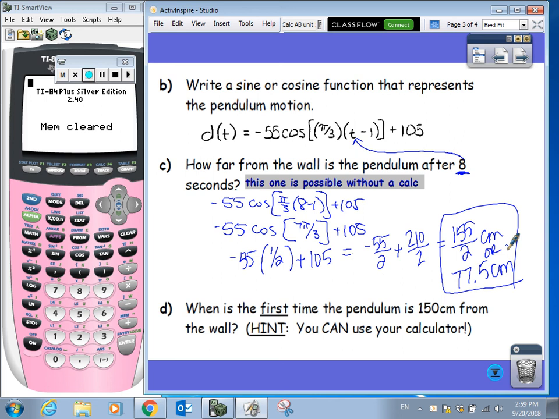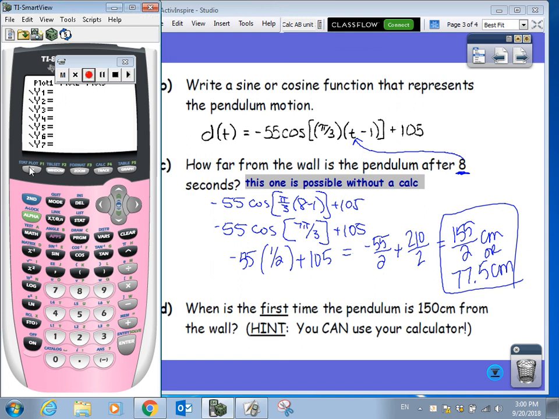All right, so first, we clear your calculator. It needs to be in radian mode because we're pressing the cosine button. So these word problems are always in radians. So if you're not in radians, you're going to get some crazy answer that might not make sense. So we're going to go to y equals. And we're going to type in negative 55